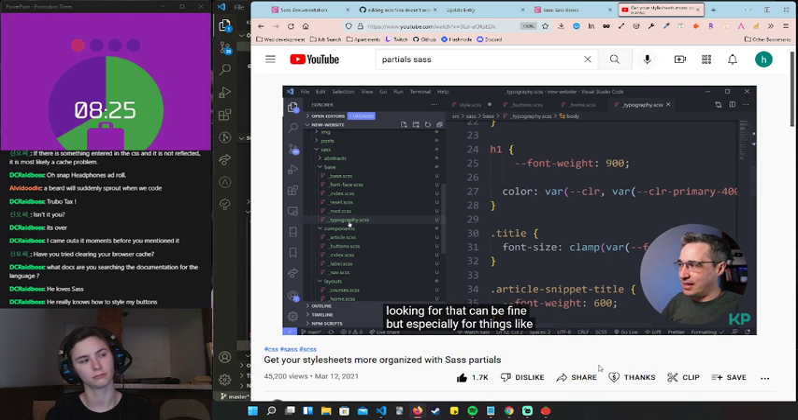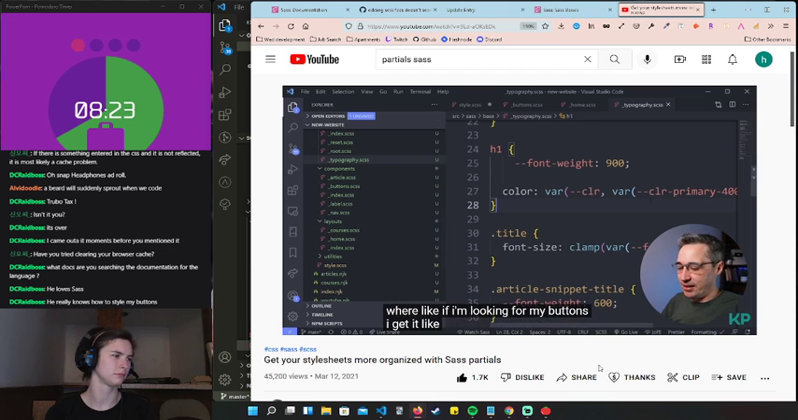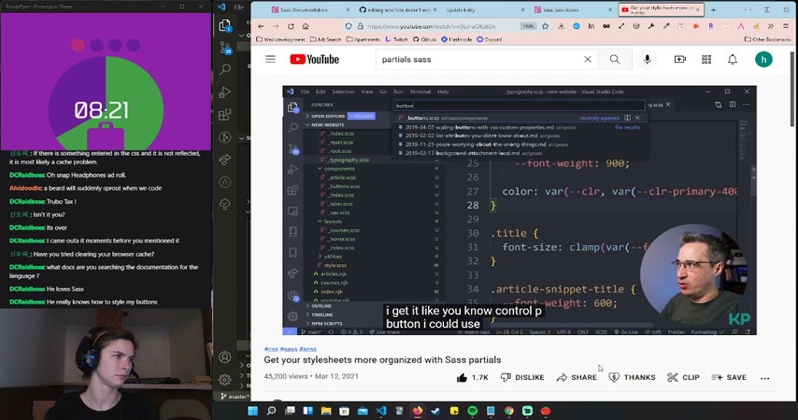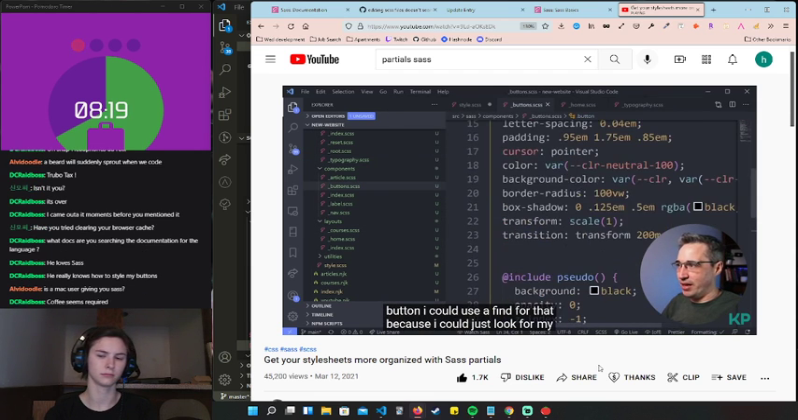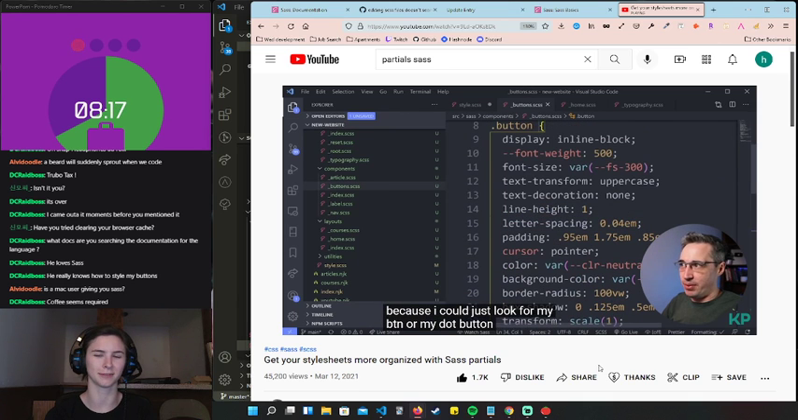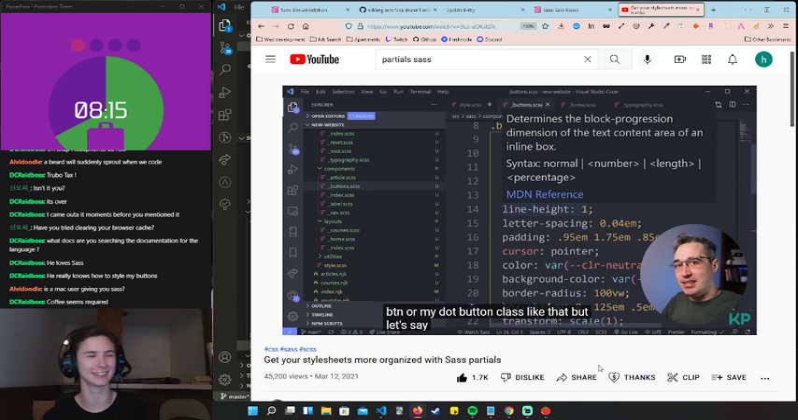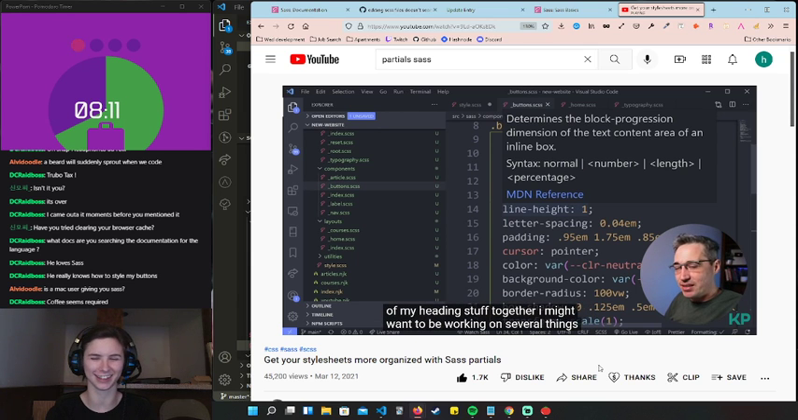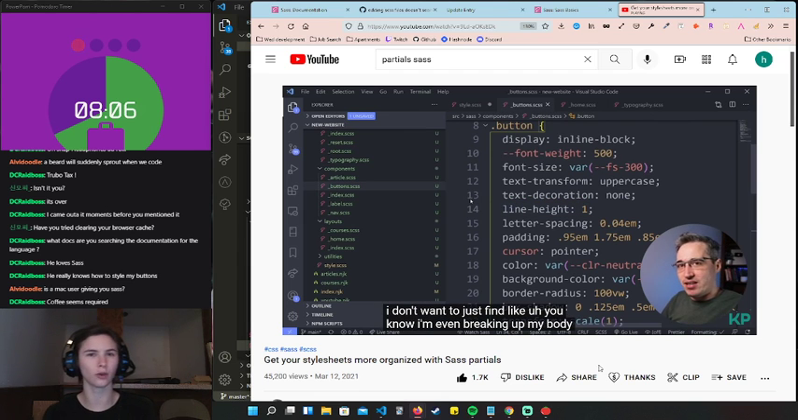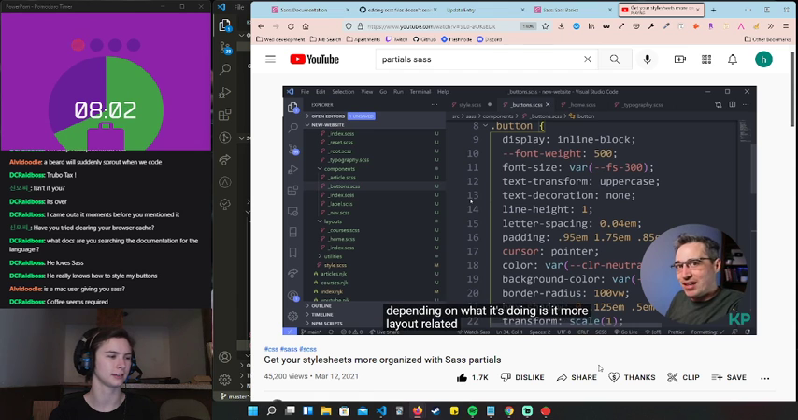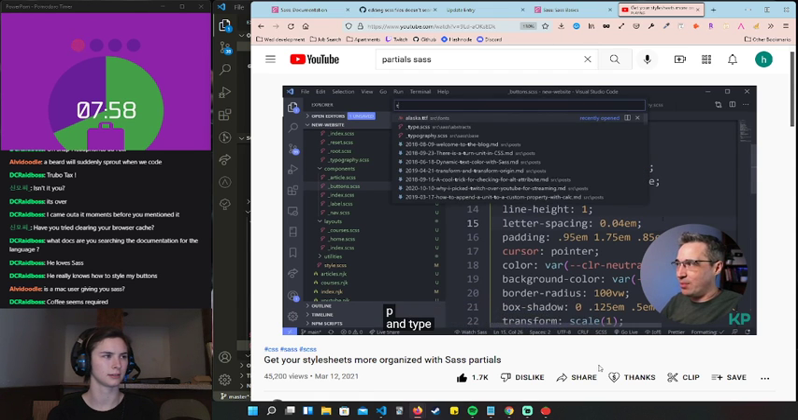But especially for things like this, where like if I'm looking for my buttons, I get it, like, Control P button, I could use a find for that because I could just look for my .btn or my .button class like that. But let's say my typography where I have all of my heading stuff together. I might want to be working on several things in there. I don't want to just find it. You know, I'm even breaking up my body styles into several different declarations depending on what it's doing. Is it more layout related or is it more typography related? So that way when I do my Control P and type in typography,